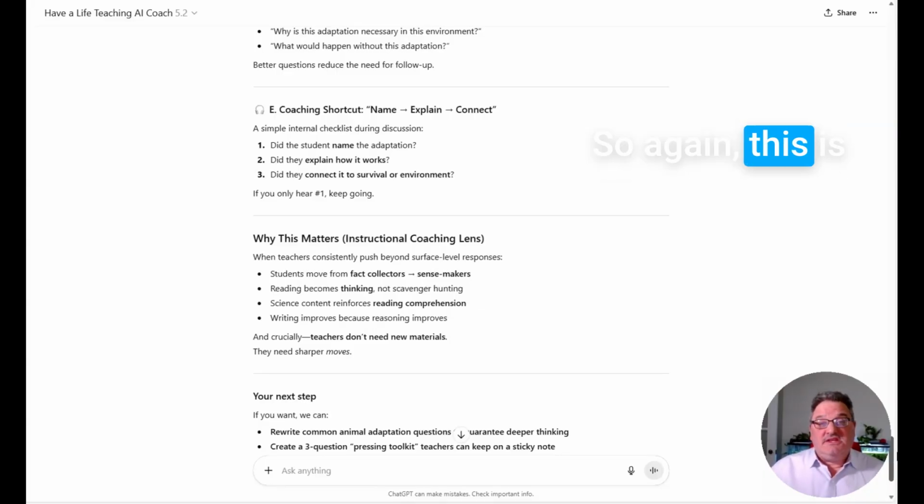So again, this is specifically for an adaptation unit in fourth grade, but use an AI bot. If you know you're going to be teaching social studies content in fifth grade or seventh grade, and you know the specific lesson you're going to be teaching, how can you use an AI bot like my Have a Life Teaching AI Coach to help you plan bespoke, targeted questions that get at student specificity? So now, if you are interested in learning more about how you can use an AI bot from me in planning effective lessons,